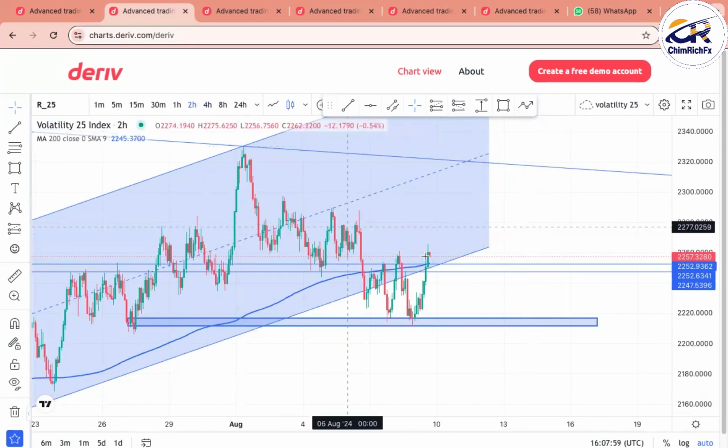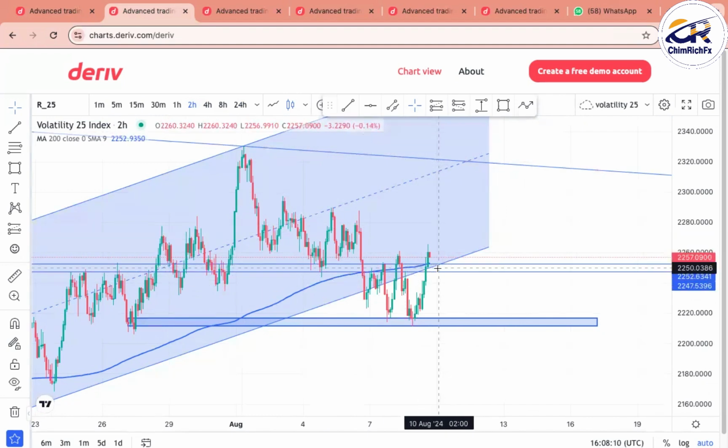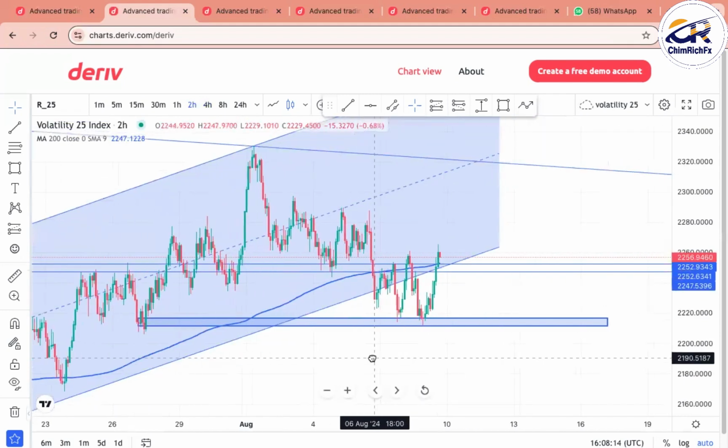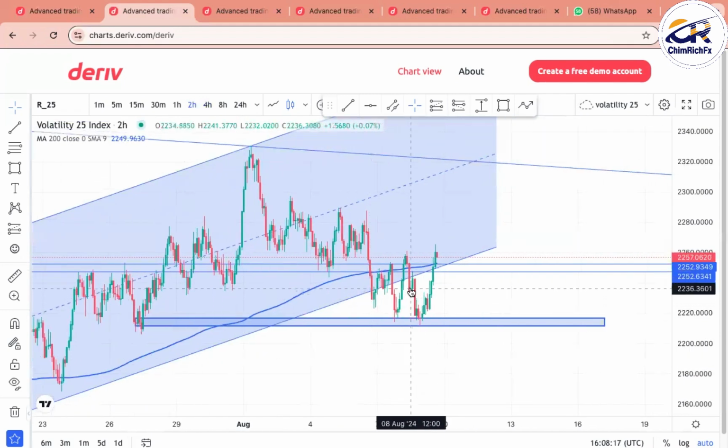Now, from the 2 hours time frame, you can see that the moving average is currently aligning with this area of value. Price has broken out and we're expecting a retest, but for this market, I'm actually looking out for a